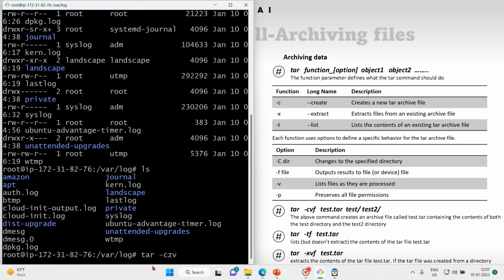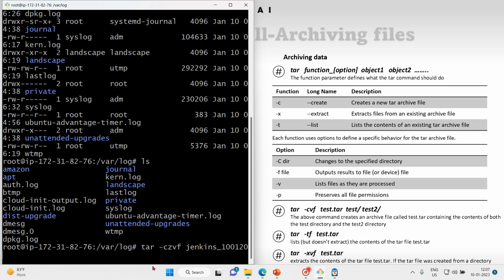We have to use z, and finally f. C, Z, V, F, and the name we will give Jenkins, 10 0 1 2023 dot tar dot gz. This is our archive,